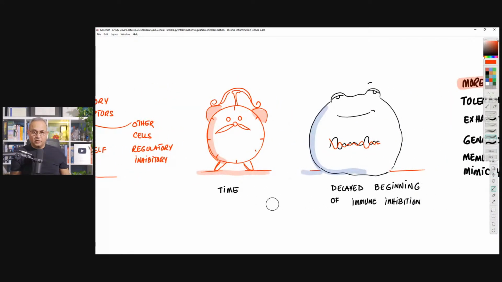And time. There are cells in our immune systems that are started at the same time when there is an antigen or an allergen or broken tissue. But these cells will not become active right away. They'll wait for a few days and then they will become active, and they will be regulatory cells, and they would say, fine, enough damage done for a couple of days or 3 days or 4 days, enough damage done for this antigen. And now the antigen seems to have gone, and now we should all calm down.